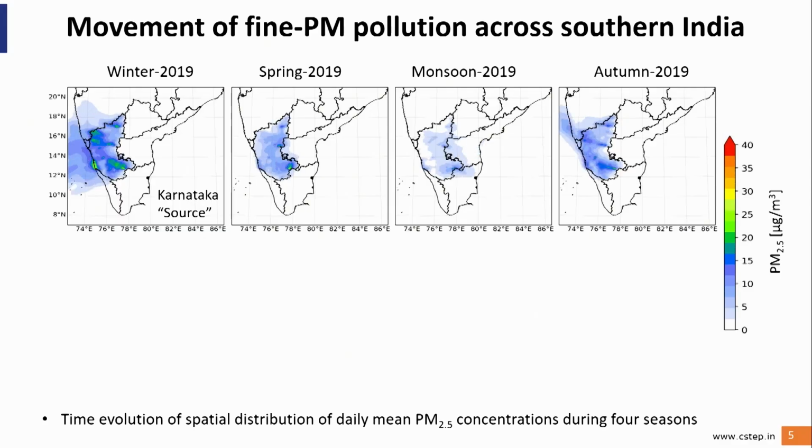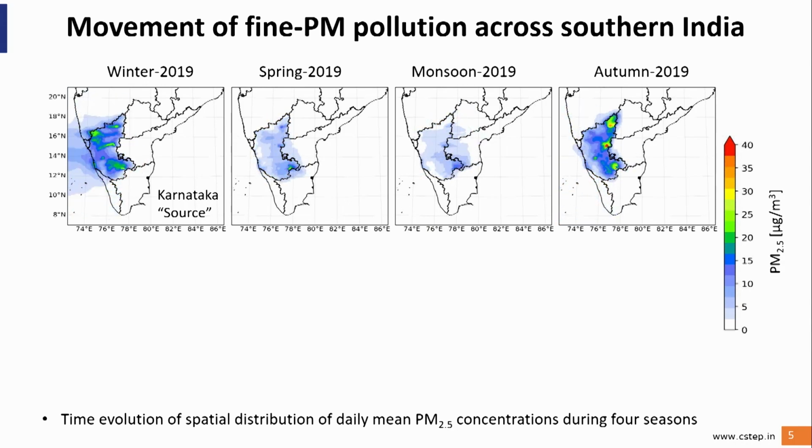So this will give you an idea of how the movement of fine PM happens across southern India. In this case, we have only considered sources from the Karnataka state. So you can see that this transport changes direction with respect to seasons. Winter is basically December, January, February. This is March, April, May. So in different seasons, this is a daily average plot, so you can see how the